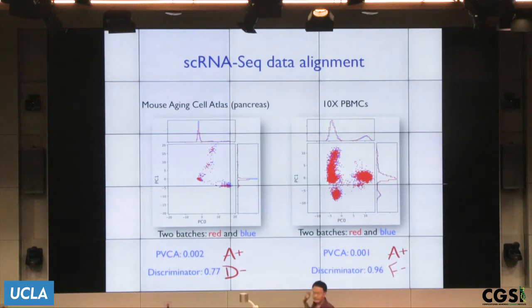And here's the second one, right? So almost 100% of the time, you can classify which batch it comes from. And this is after you've applied some of the recent alignment methods, right? So what's going on here? So even if the point is that if you look at this data visually,